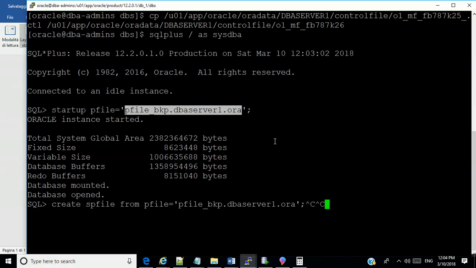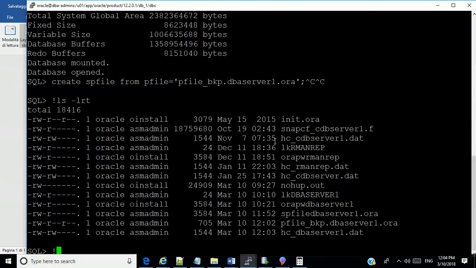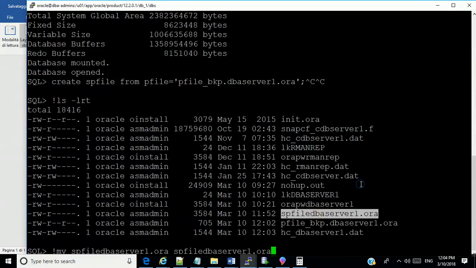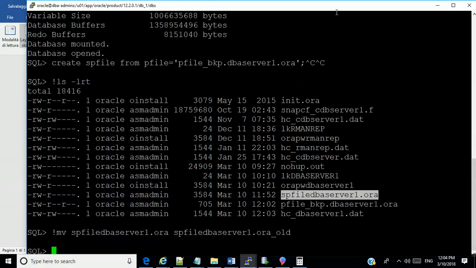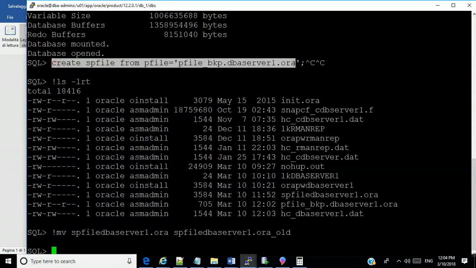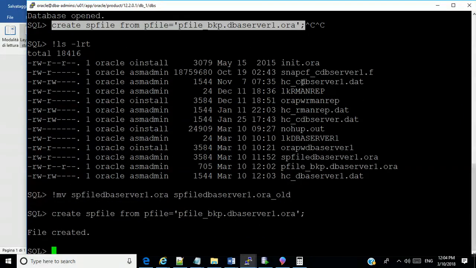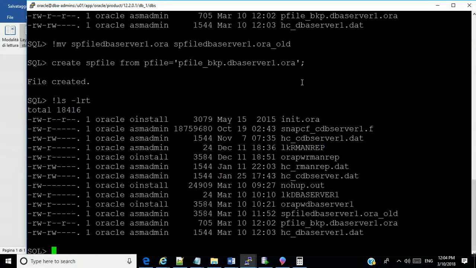So we don't have any doubt here, I'm going to rename that spfile, the old one, I'm going to call it underscore old, all right? Then I'm going to create a new spfile. Okay, if you go and look, you notice there's a new spfile that has been created.